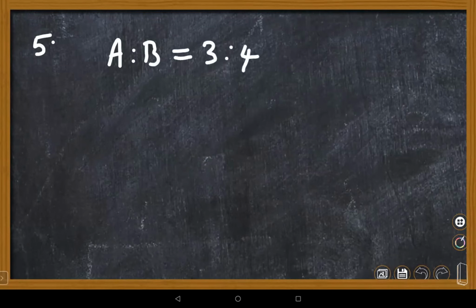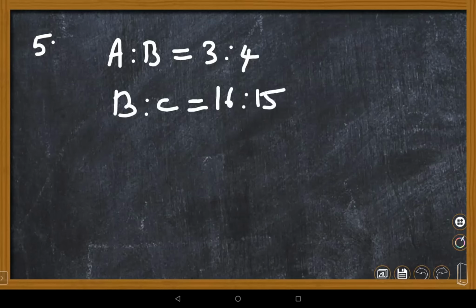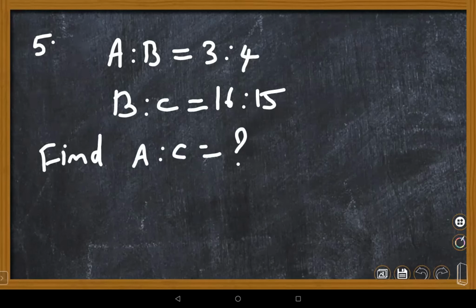B is to C is 16:15. You need to find A is to C, how much. Ma'am, is this continued proportion? Yes. A is to B is one ratio given, children, 3/4. Here B is to